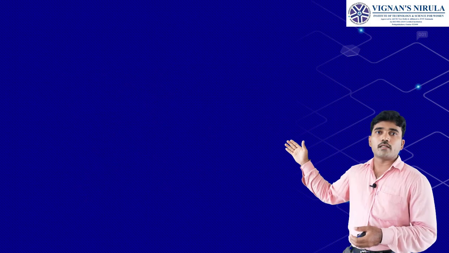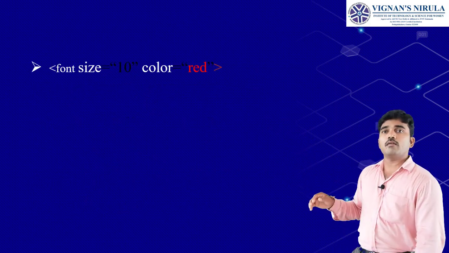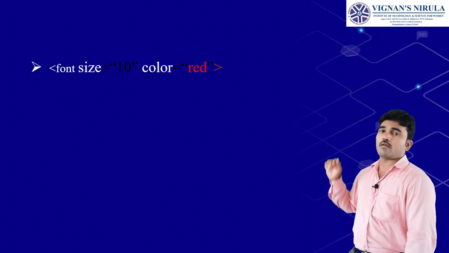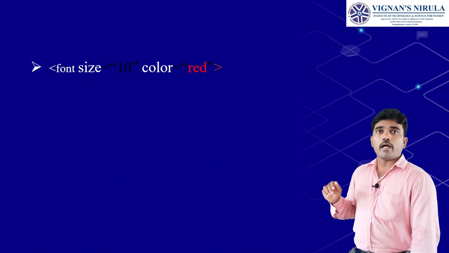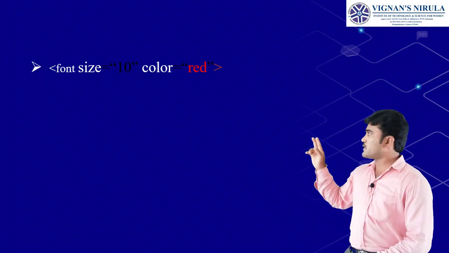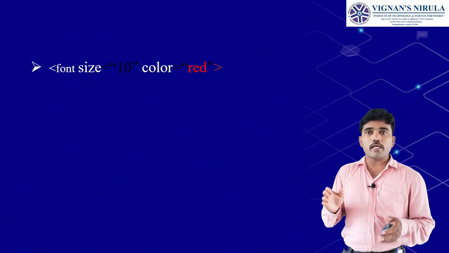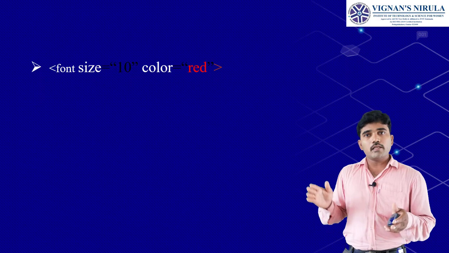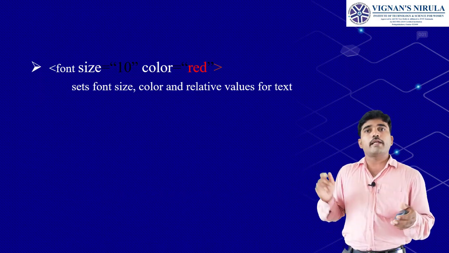After this, the next one that I want to discuss is font. The previous one is base font, now it is font. For this, two attributes are used by me: one is size and another one is color. The amount of size that I have used is 10. And for the color, the text appears in red.